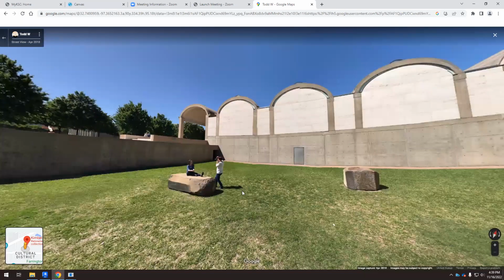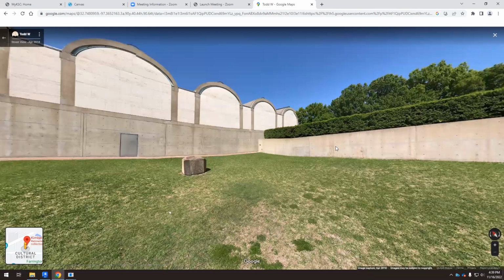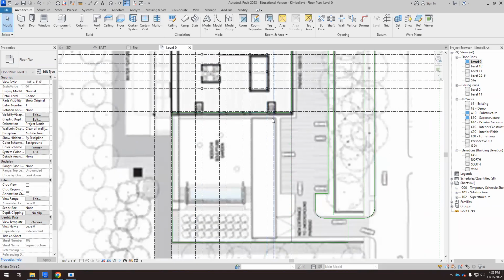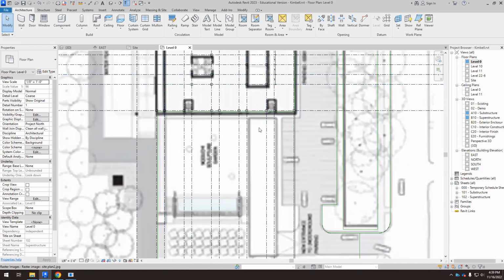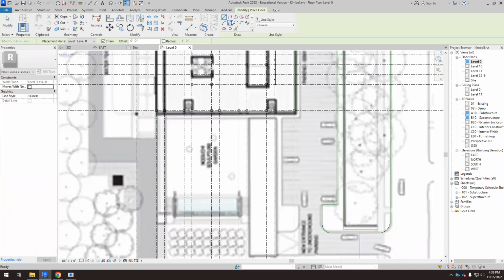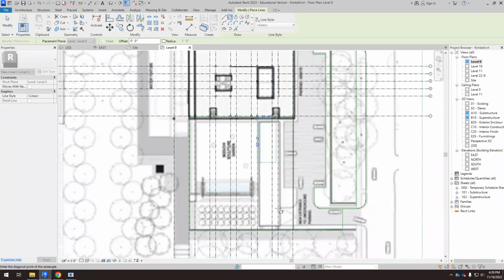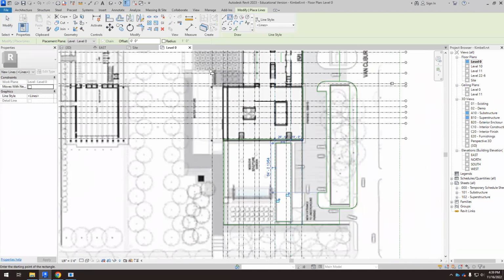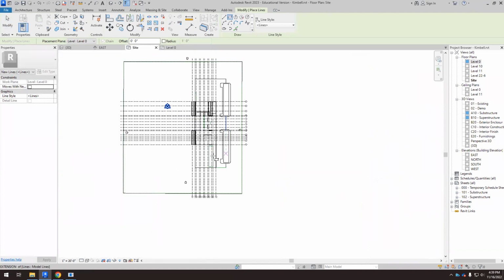But there are more things. We have this, and I'm going to model that right now. So we see that this is the sidewalk, and this is the planter. So I'm going to trace that shape here. Okay. Then on the site plan,